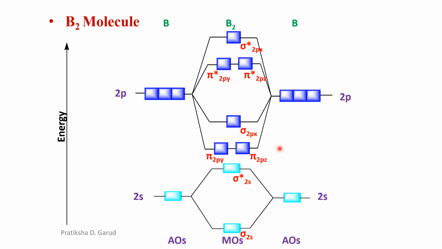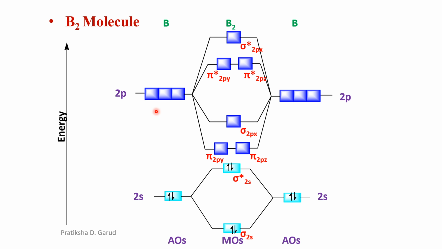And we have to fill the electrons in the 2s as well as the 2p atomic orbitals. So let us see the filling of electrons. In case of the first boron atom, we know that there are 2 electrons in the 2s. So this is the first electron and this is the second electron of the first boron. Again the first electron and the second electron of the second boron. Now these 4 electrons we have to fill in the MOs, that is the molecular orbitals, bonding and anti-bonding. First they are filled in the bonding, then the remaining 2 are filled in the anti-bonding. So the 4 electrons, that is the 2s electrons, are filled in the corresponding molecular orbitals.